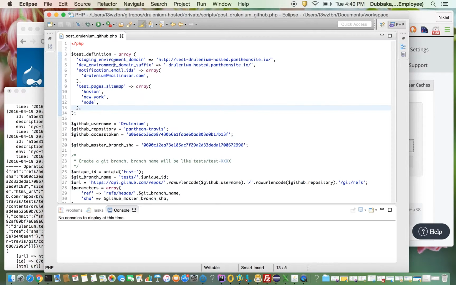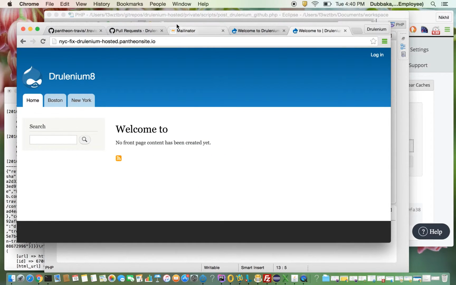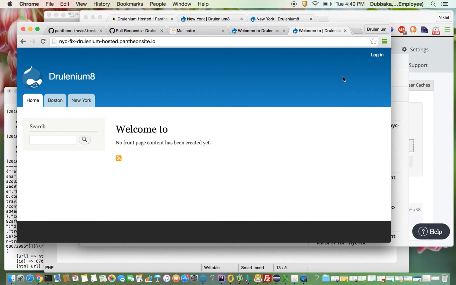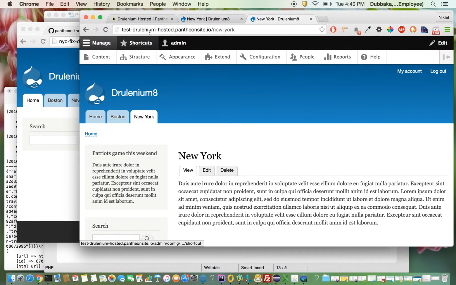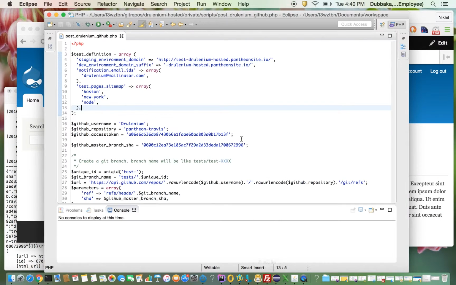So I have given the staging site URL, and the dev URL's suffix, and the email ID whom the system should notify after the visual testing is performed, and the pages to test. So I have given the home page, the Boston page, and the New York page, pretty much all the important pages on my site. So I have defined the site test here,